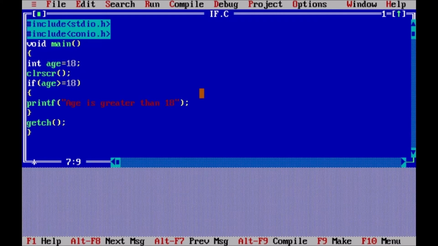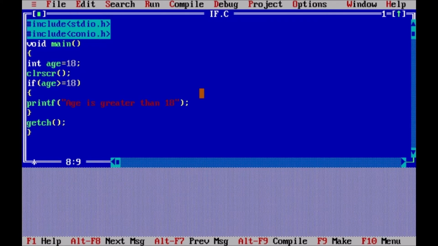Fine. So now let us discuss the second type of thing that comes under decision control statement, that is else. If else. Always remember, the statement else can never be written alone and it is always followed by an if statement.